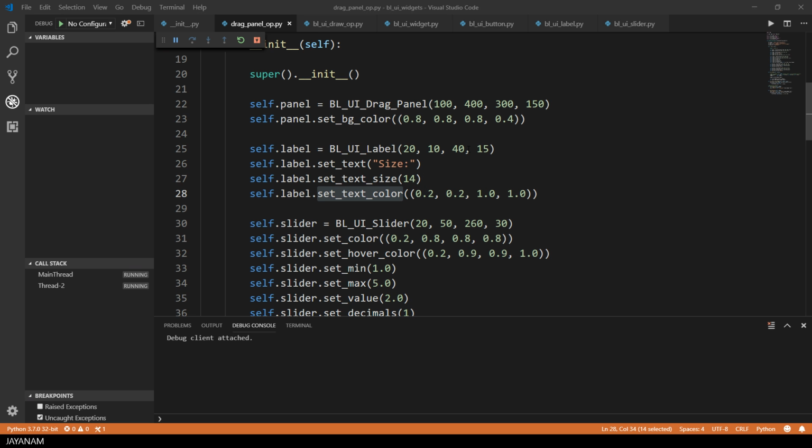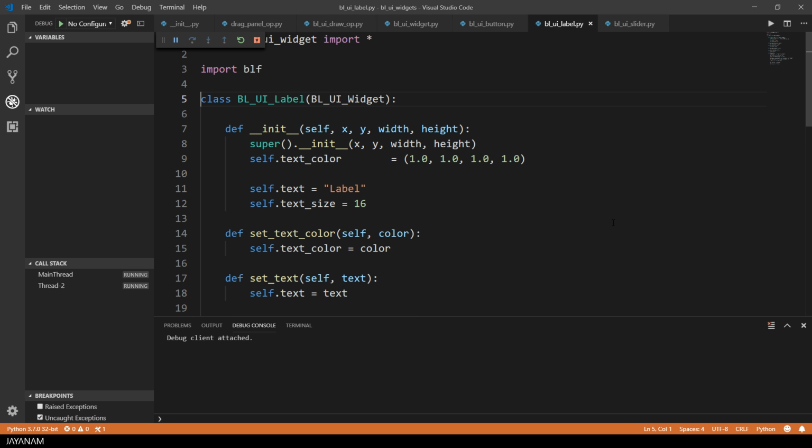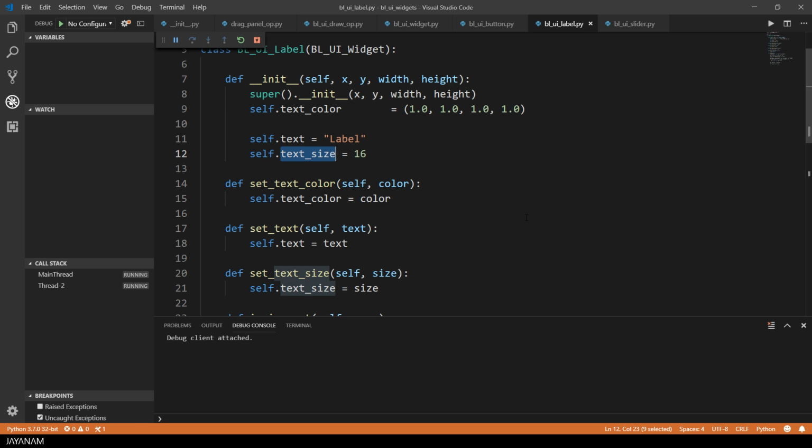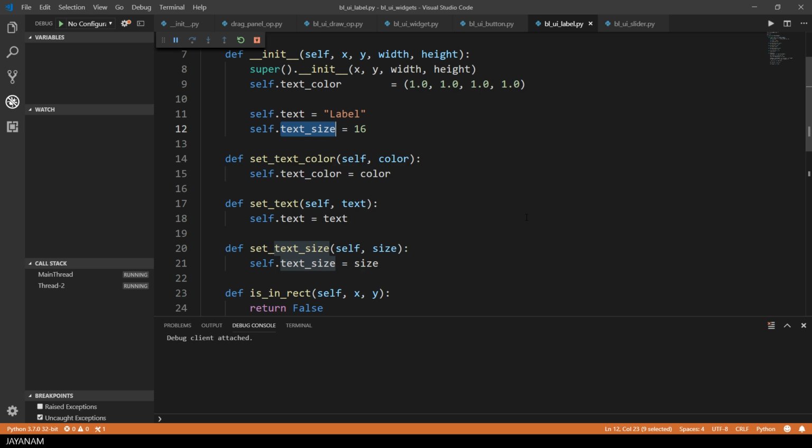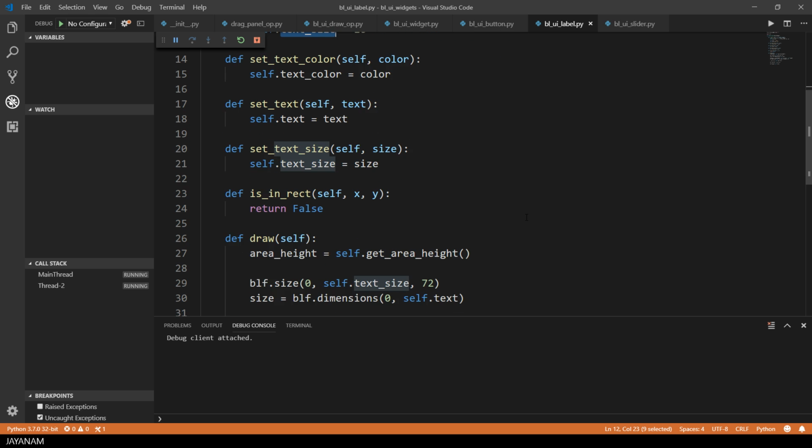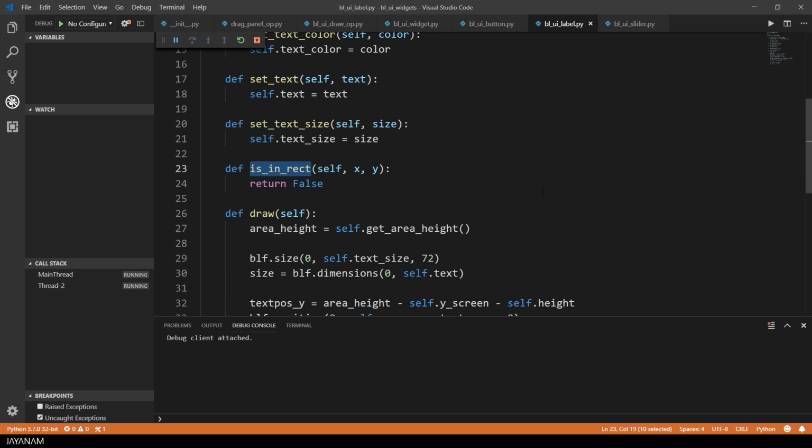It's quite simple, because you can inherit from the base class BLUI_widget, which does most of the work. Here in the init method, we have the members text, text size and text color, but I think I will turn this into properties in the next version. At the moment you have setter methods to set the members, and the isInRect method returns always false because there